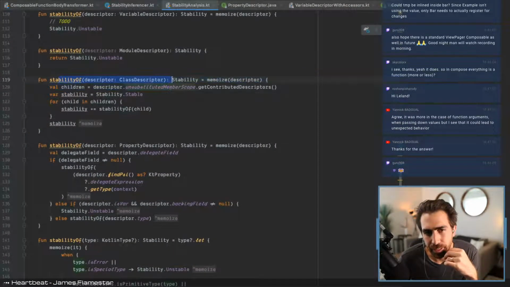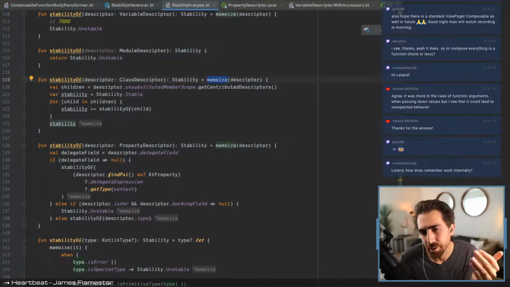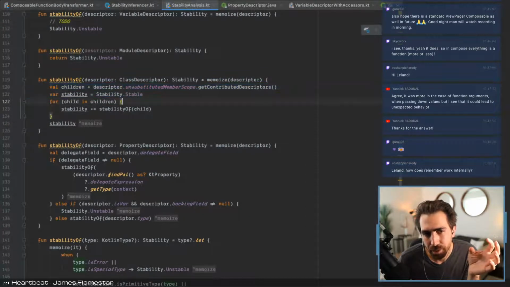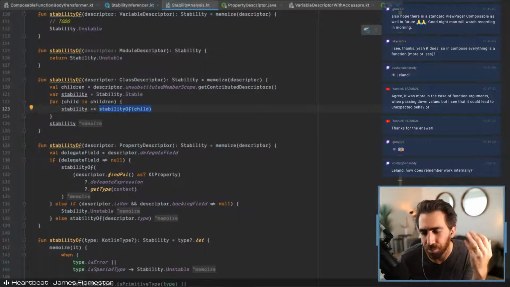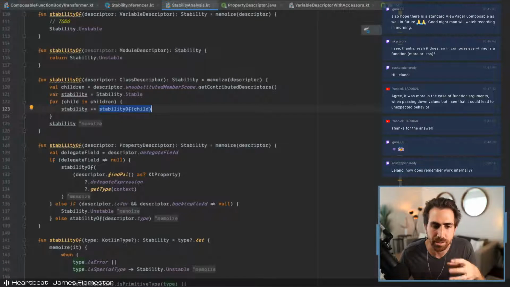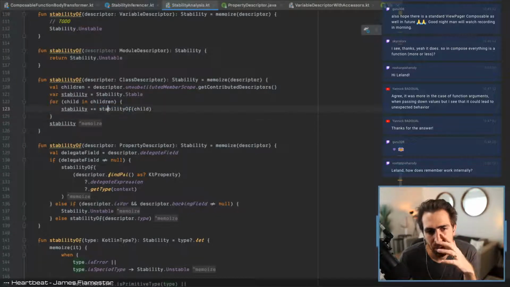So for things like a class descriptor, what I'm doing is memoizing based on the descriptors. If we've already done the analysis on this class before, then we'll just grab it and use it. Then I grab everything on its member scope, iterate through each one, and compute the stability based on that. So the stability of the class is sort of an aggregate of the stability of its members. And so this is an overload plus,